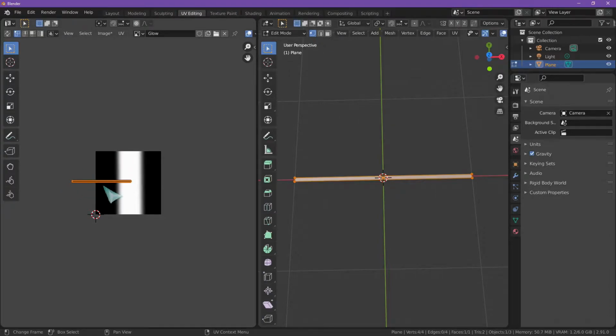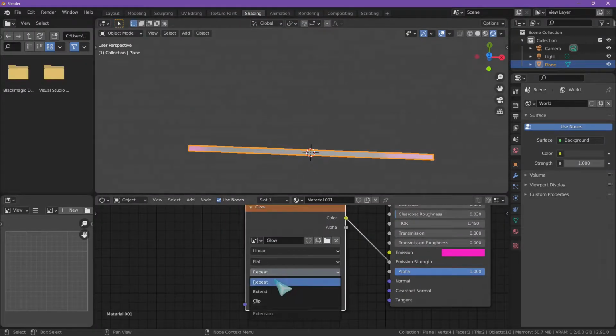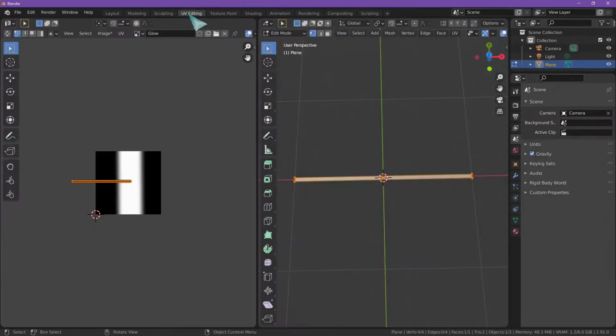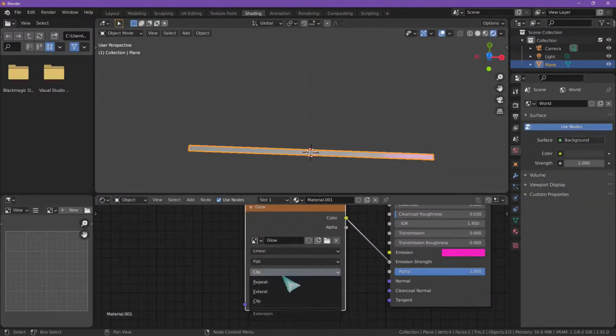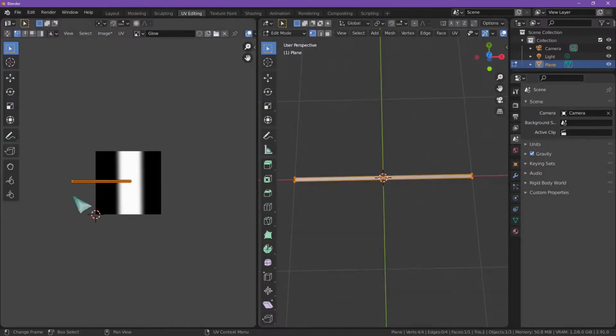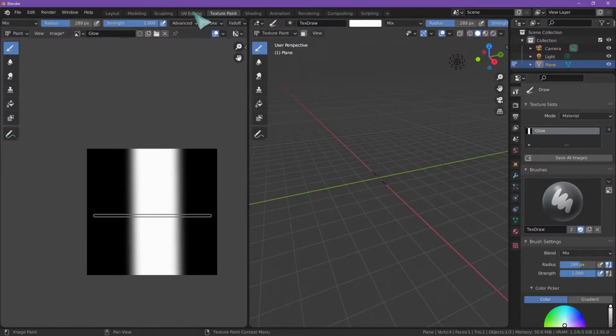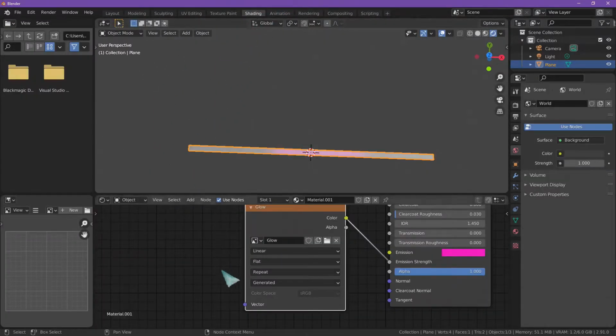So this part here is basically in the next copy of that, because here in the shading we say it repeats. This glow texture, we say it repeats, then it does. If we don't, it's going to be cut off. This extends out, so there is no image. If you say repeat, then it does. But that's impractical, to move this thing back and forth and then shoot a frame, a render. That's impractical. What we can do is